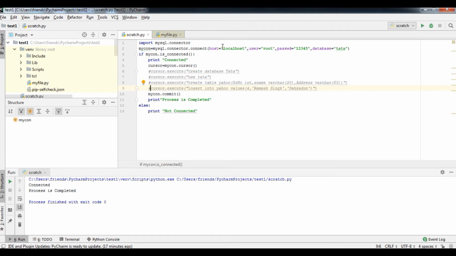Within that some parameters I have passed like host, that is localhost, user, that is root, password, my root password like 12345, database, here is definitely data because I am going to use the database data. And after that I have checked whether the connection is established or not, I mean to say connected or not. If it is connected, then it will show me connected.